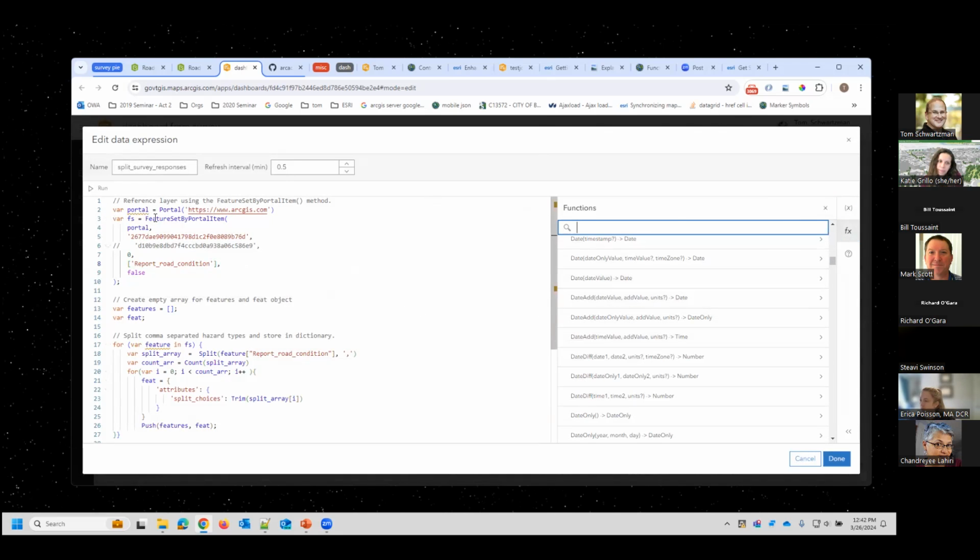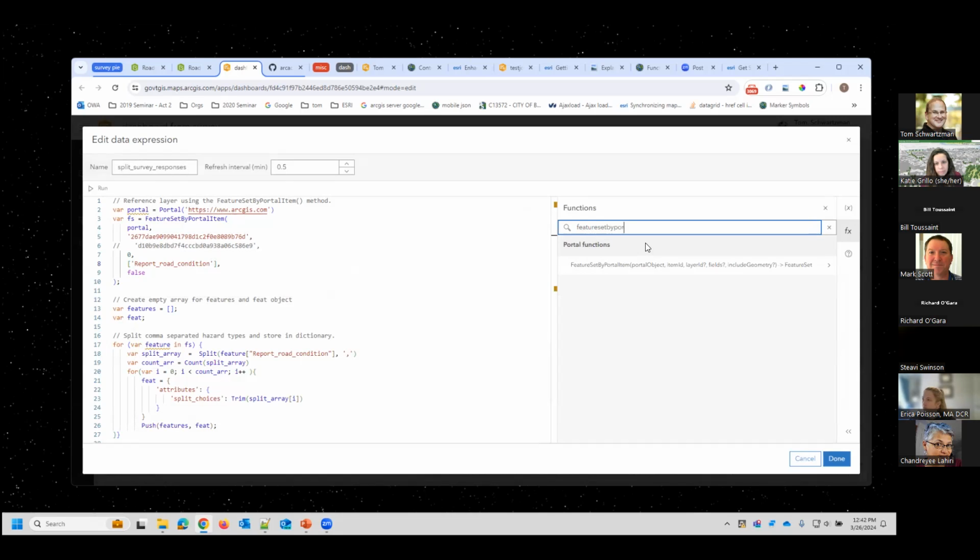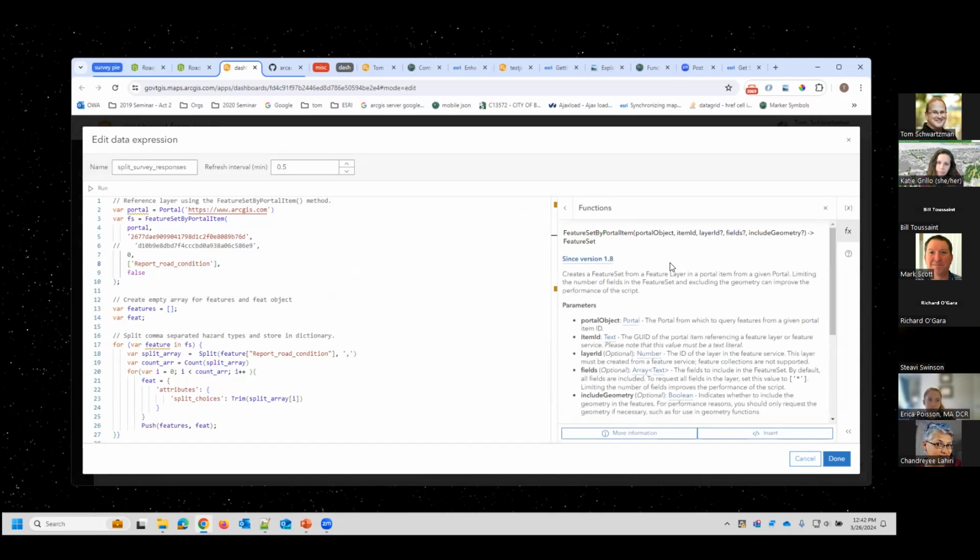And if you look at this, for instance, feature set by portal item, I'll just show you that one. There it is. It shows you how to use it. It gives you the help here. So if you look at it, you see that